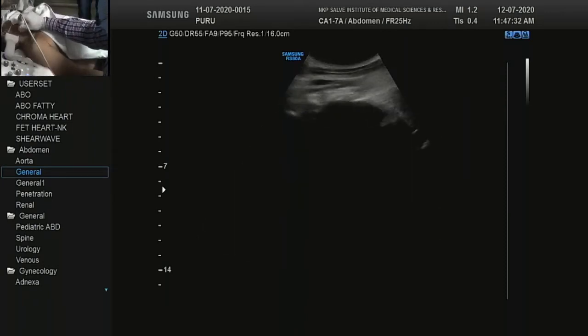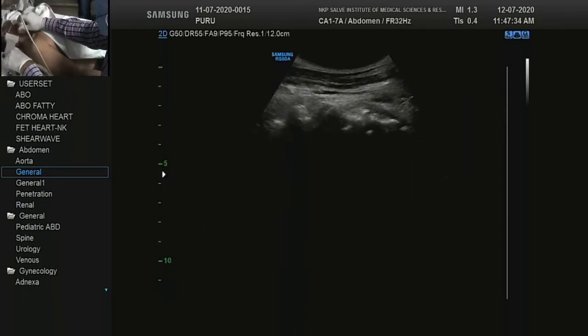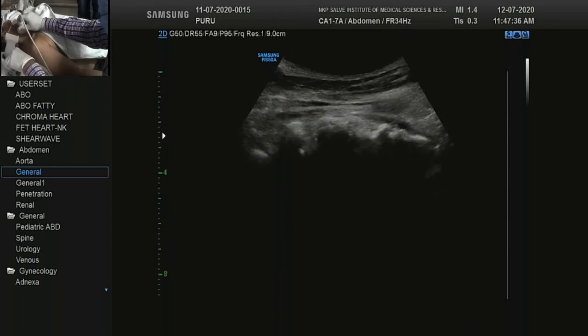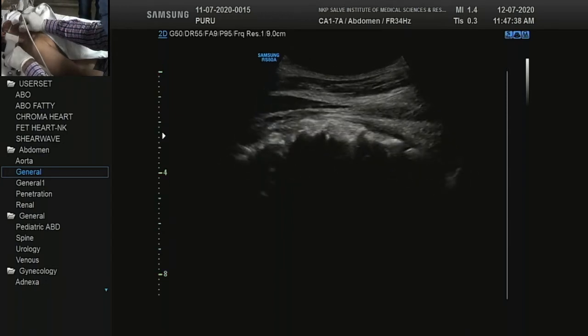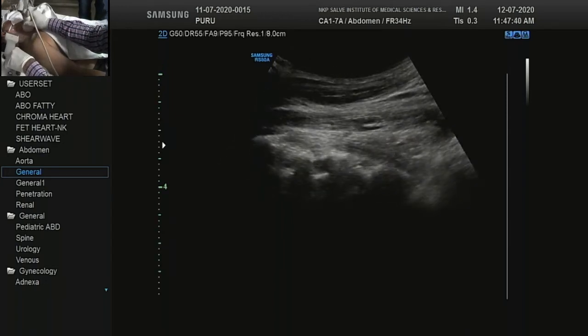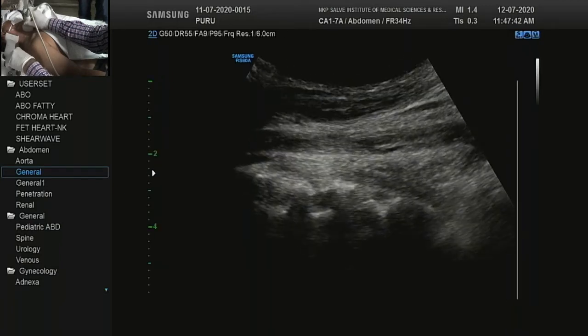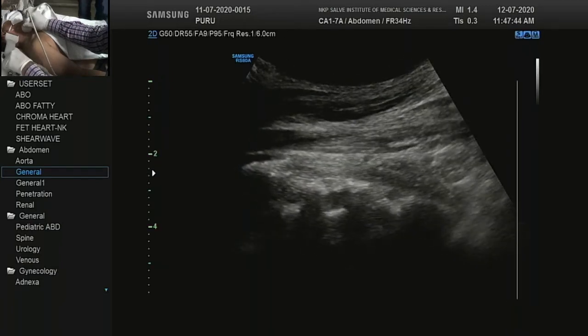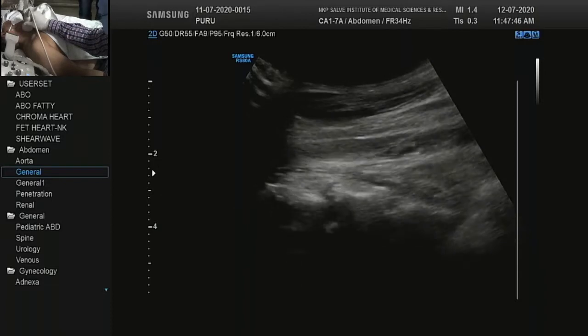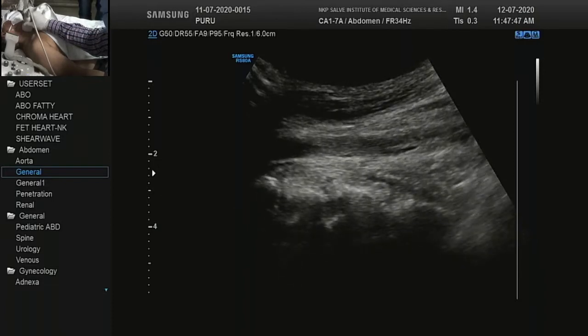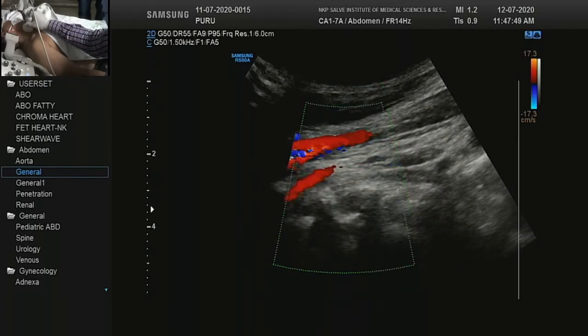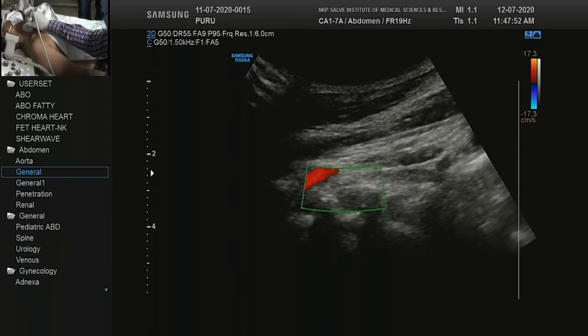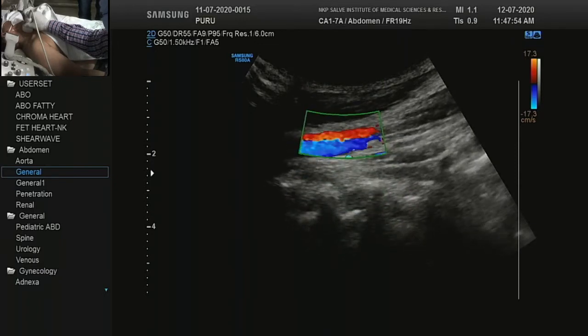With a convex probe, you need a little bit of maneuvering. Magnify the B mode image, get your focus maximum so that you can image the vessel, angle the probe, reduce the box.